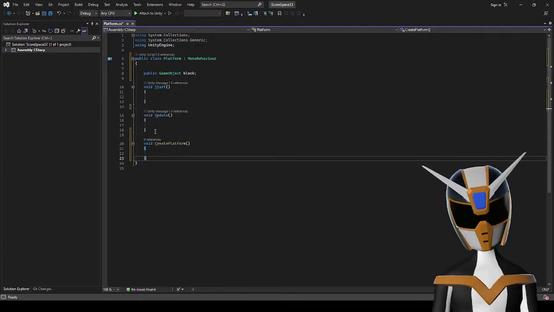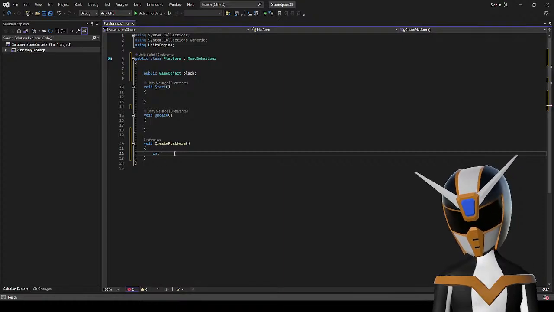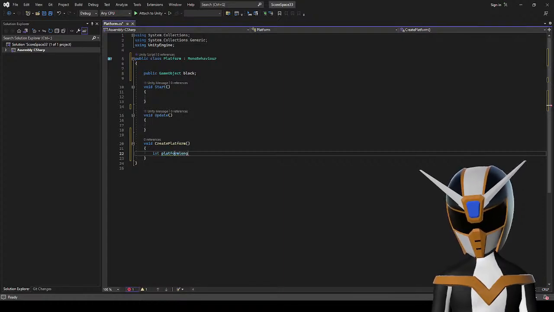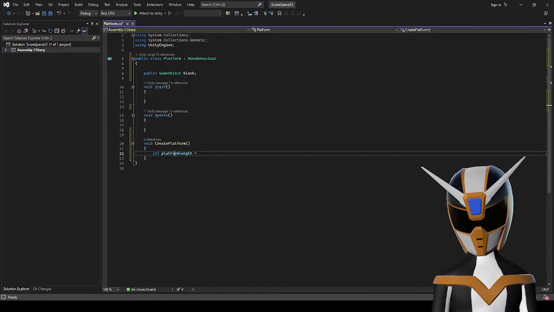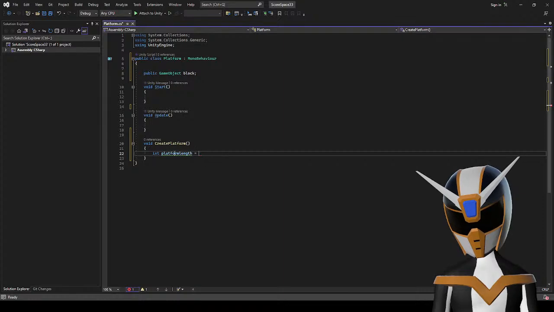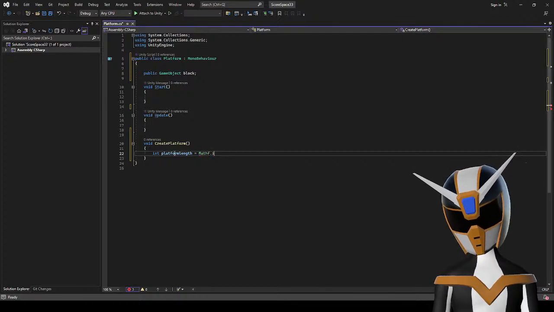Okay, so let's say platform length is equal to, what is it? I random range. What is it? Oh, is it Mathf dot I random range?